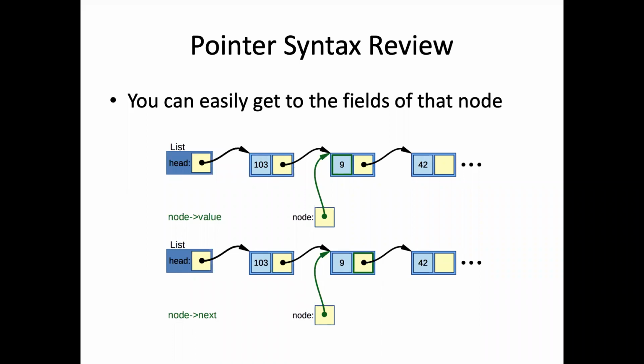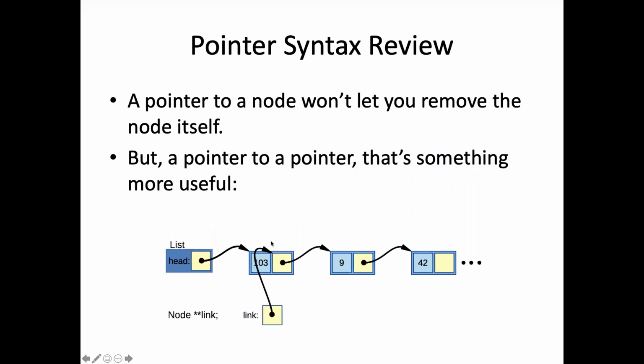And just to quickly replay some of what I tried to say, if you had a pointer to a node like I'm trying to show in this picture, if you're pointing at that node with a 9 in it, you can use the arrow operator to get to either field of that node. But if you back up and make that a pointer to the next pointer that goes to that node, or if it was the first node, the head pointer inside the list itself, those both have the same type. They're both pointer to node. And if you kept a pointer to that pointer, and that's what I'm using this link variable to stand for,